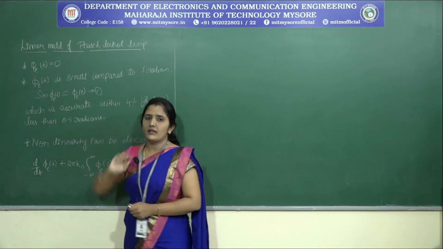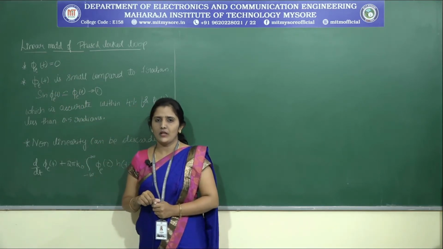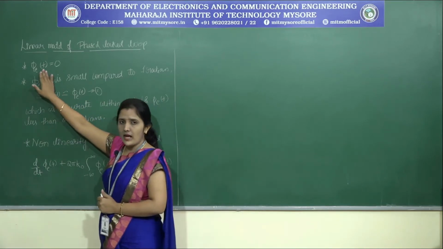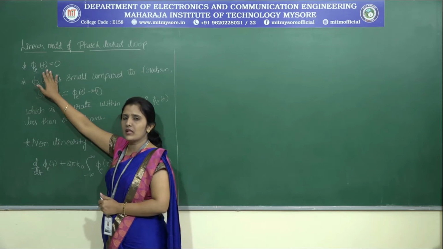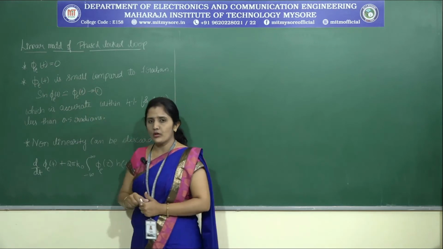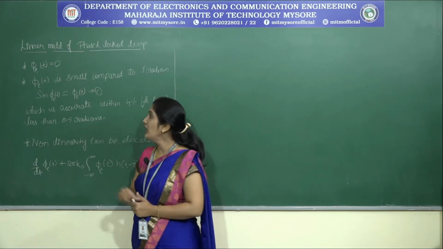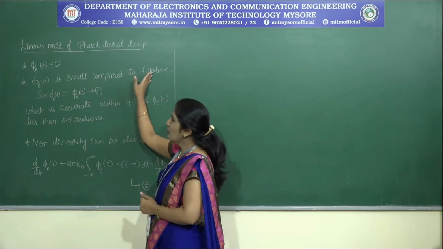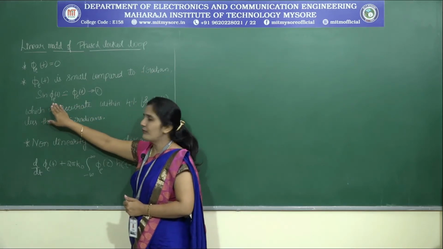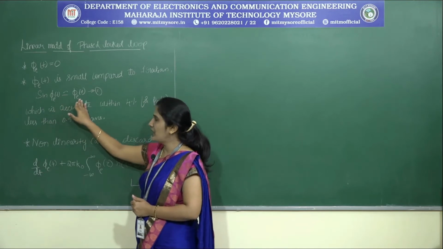Here we are going to say that the phase lock loop device will be in the phase locked state. So that is why we consider that phi e of t must be 0, or very small. If we approximate that phi e of t is small compared to 1 radian, we approximate sin phi e of t as phi e of t.